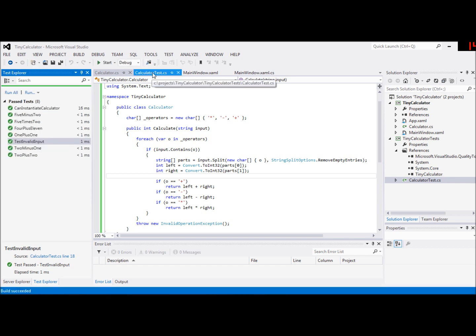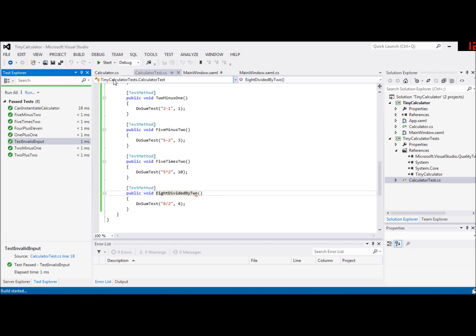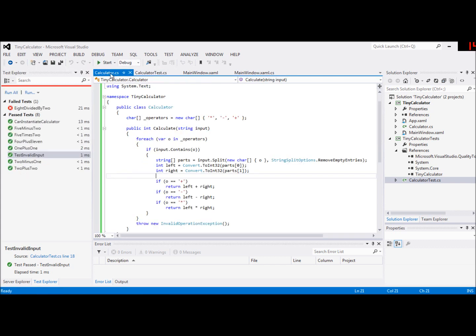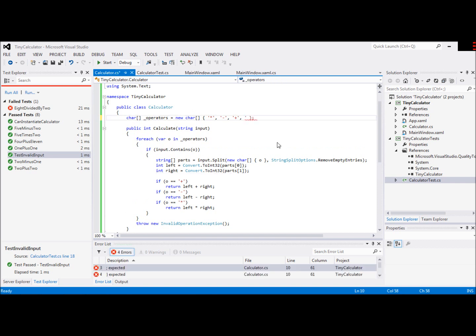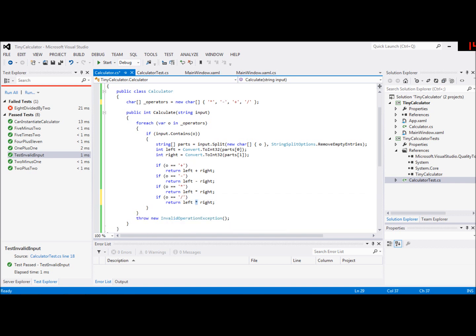Cool, it does. And now I'm going to do the final part of this piece of development, which is the division. So I'm going to do 8 divided by 2 as a test. That will of course fail. Now the simple way to do this, and the refactoring just done has made this quite a lot easier, is, whoops, that's not the right symbol. It's just a very small amount of changes here, and run that, and it should